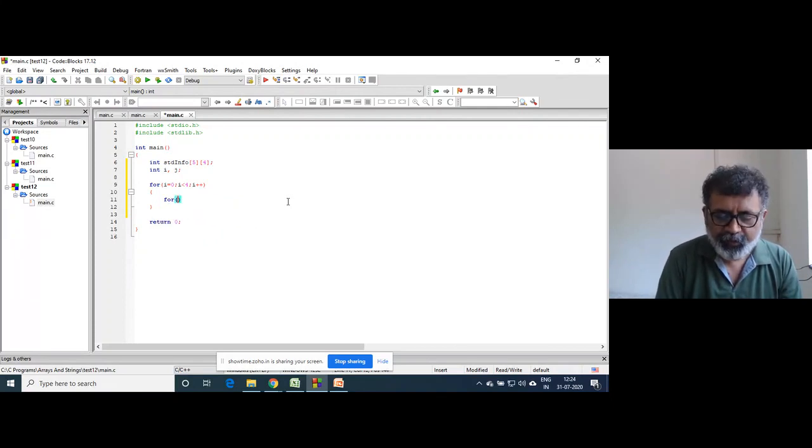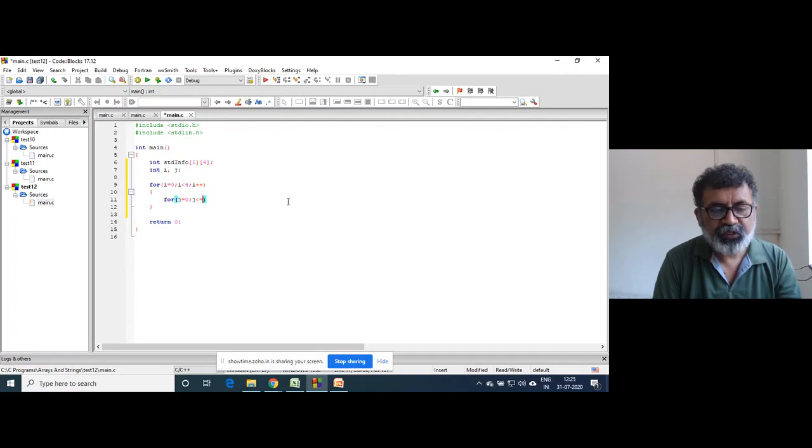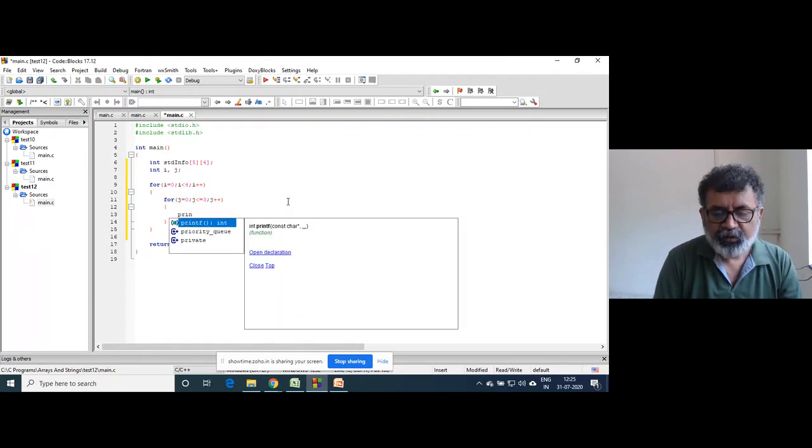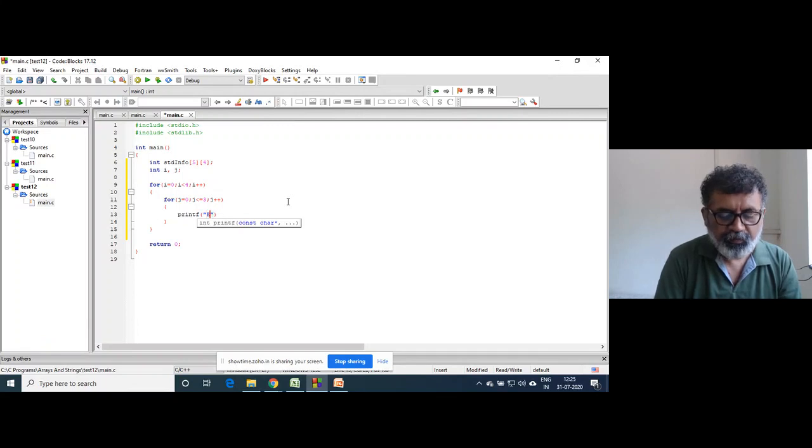For j is equal to 1, we'll go step by step, I don't want you to get confused. j less than or equal to 3, j plus plus, printf enter.